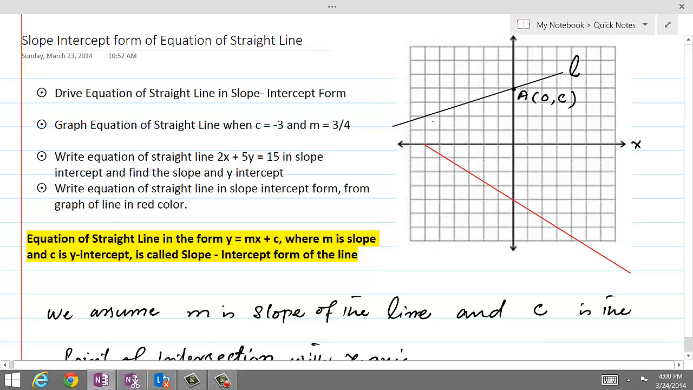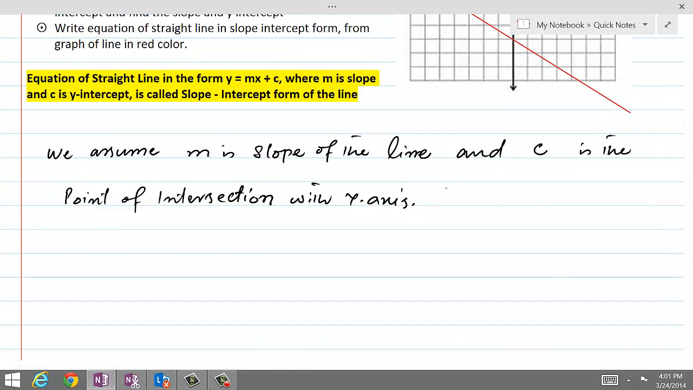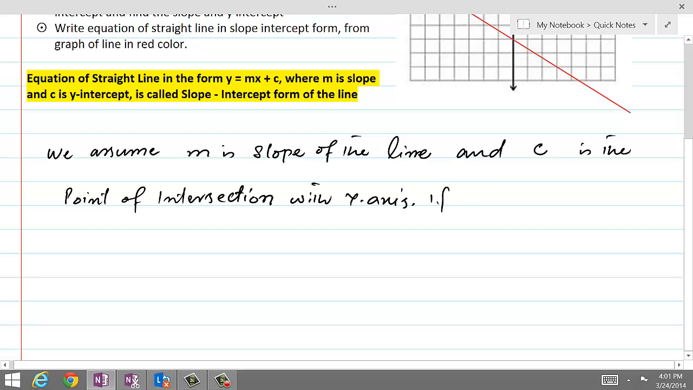And slope of the line is also given. Slope is equal to m. Now we are going to consider any variable point P, let's say on the line. So this point P x y is a point on the line. So let's continue to write down. If P x y is a point on the line,